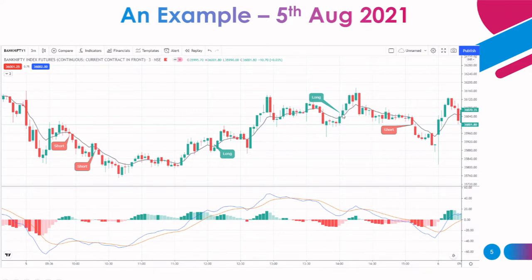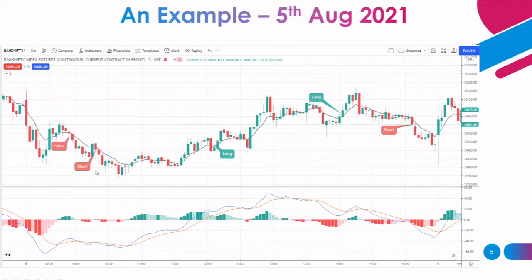If you exit from the close of the next candle also, you will get profit, and you can see how the next candle, very big, easily in the option you can get 30 points, 20 to 30 points. That is more than enough for scalping. Next, there is no buy setup. Now MACD came down, so we have a sell setup here. If we entered here, in the chart you can see the profit.